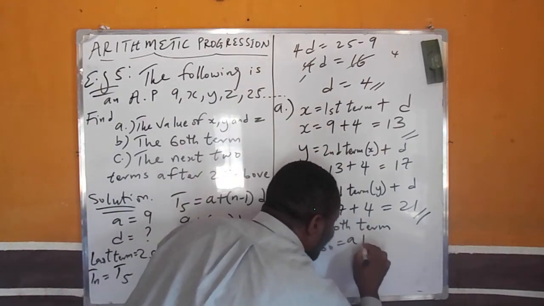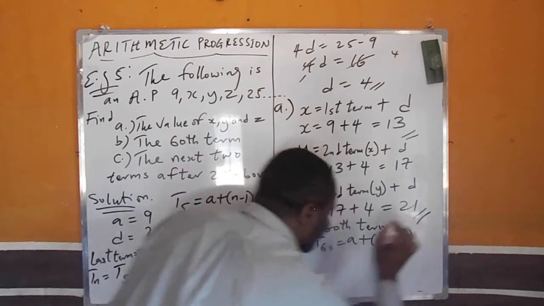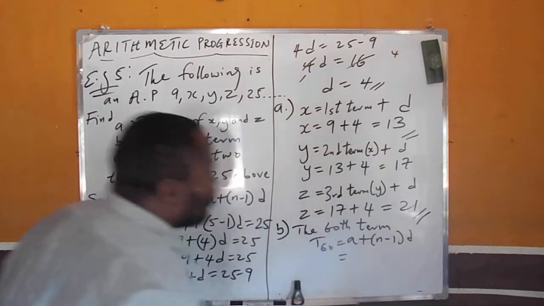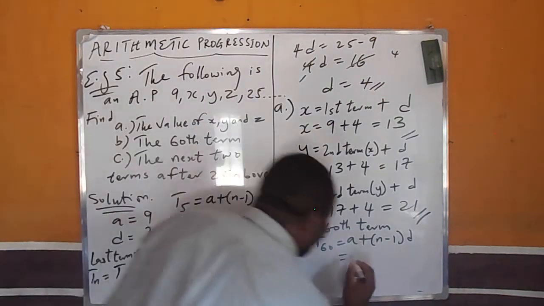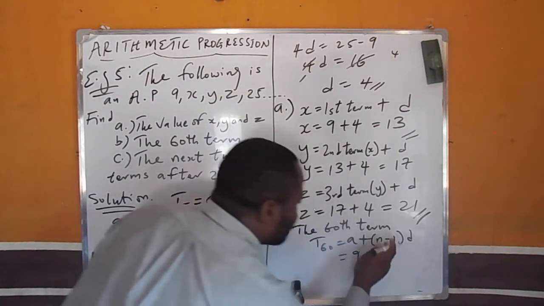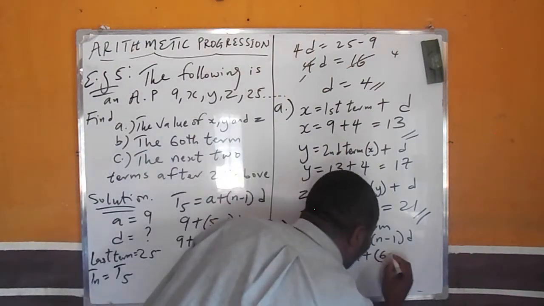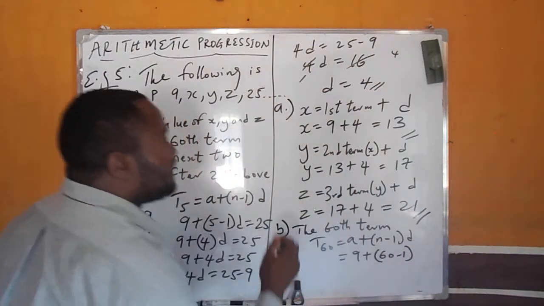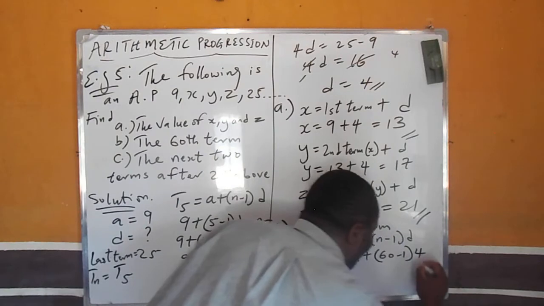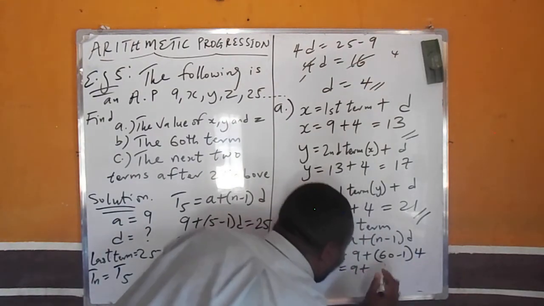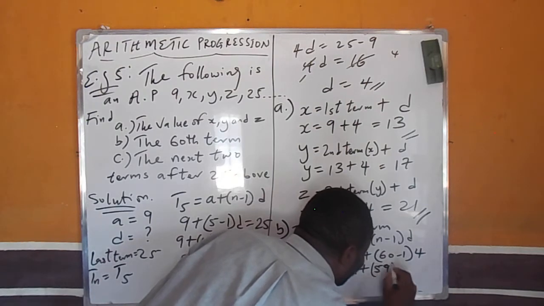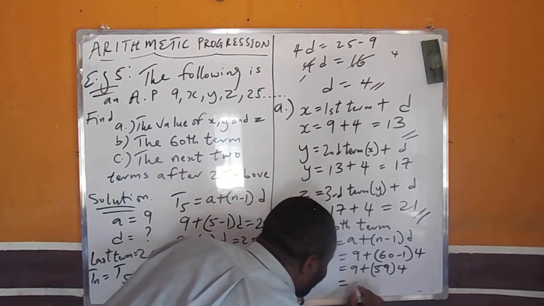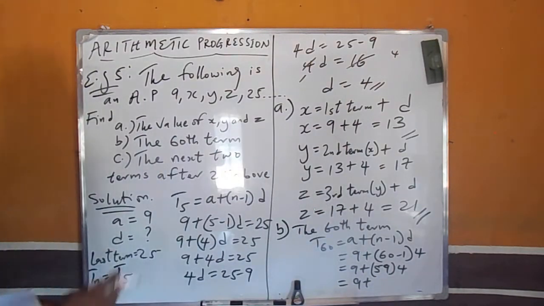T60 equals A plus bracket open n minus 1 bracket close D, which equals A, the first term, which equals 9. 9 plus bracket open n, which is 60 here, minus 1 bracket close D, which is the difference 4, equals 9 plus, sorry, 60 minus 1, 59 in bracket 4, which equals 9 plus 59